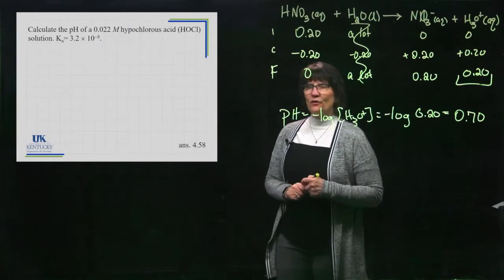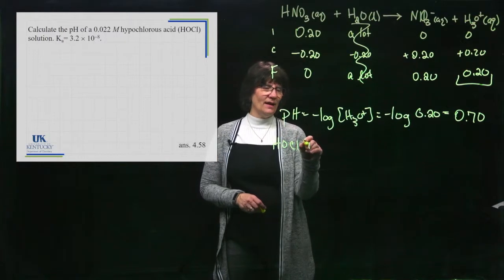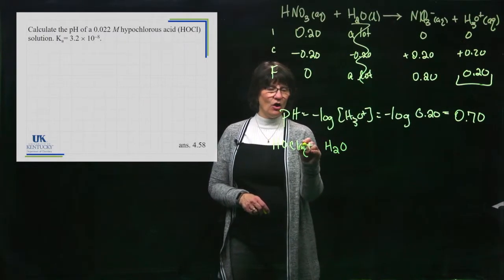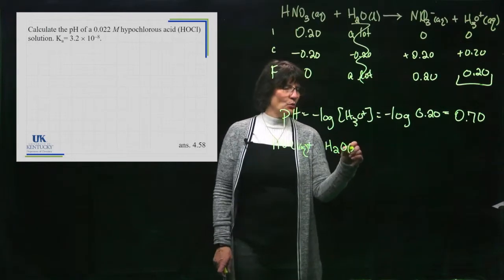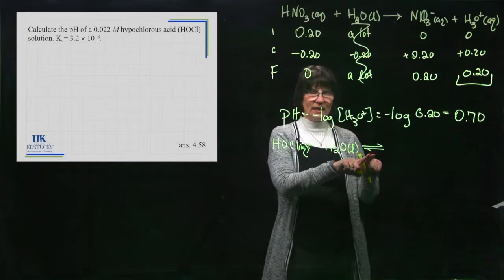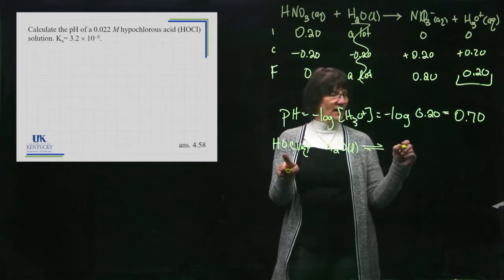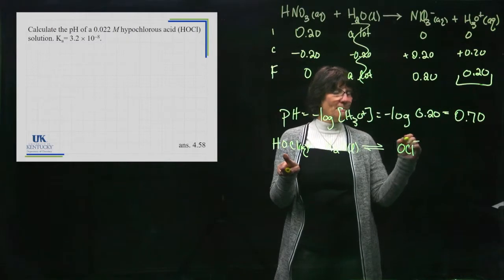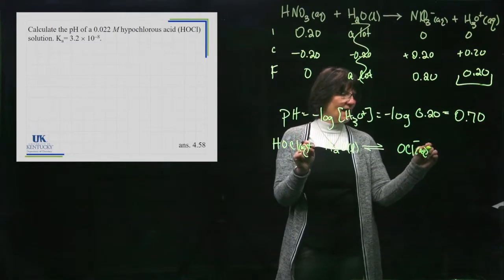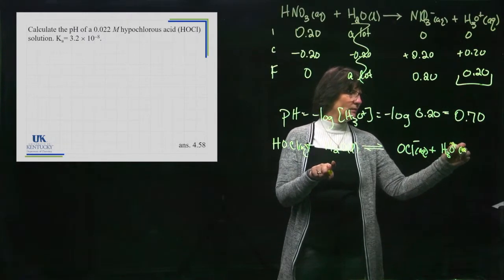So let's write the reaction. You need to make sure you take the time to write the reaction. This is being dissolved, I put an (aq), into water, the liquid. It is a weak acid, therefore it's a reversible arrow. The acid donates, and when it does, it becomes OCl with a minus charge. I took an H+ off. This is aqueous, and I put it onto the water, and it makes H3O+.